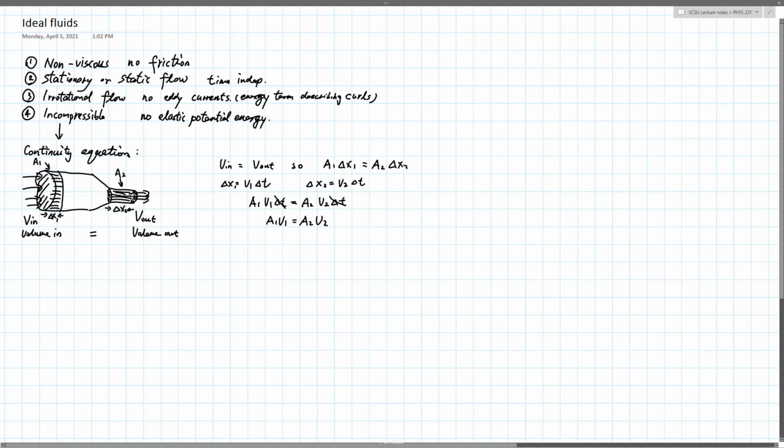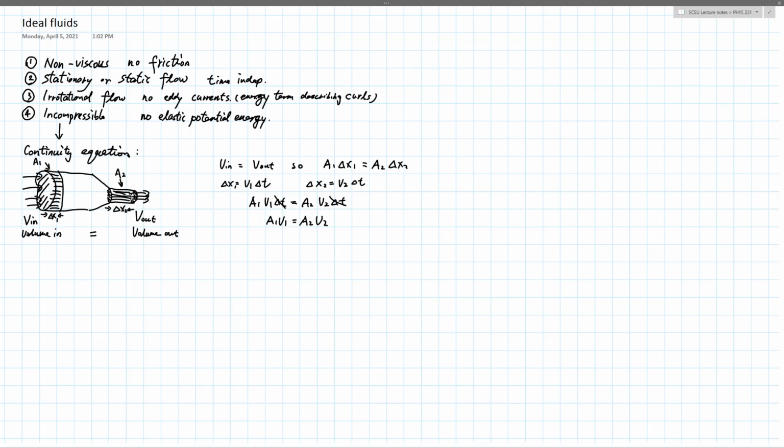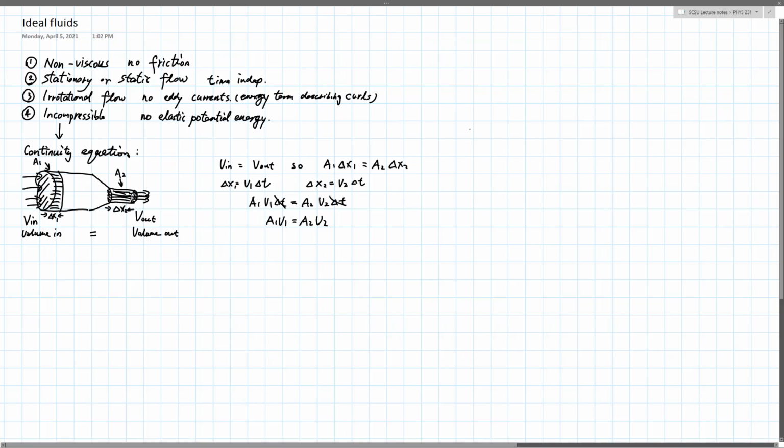Okay. So with a continuity equation, we can actually solve problems such as if something flows through with a certain speed, certain area, how fast is it going to flow through if you allow the area to reduce. Right. So let's have an example of the continuity equation. So let's assume we'll have a pipe,